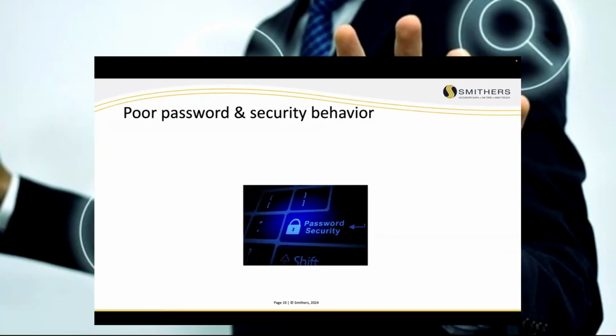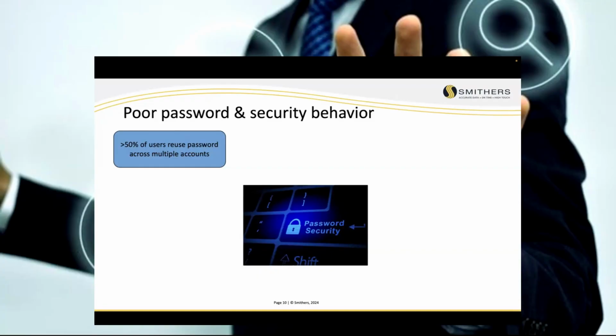The other area where poor passwords and security behavior come into play on mobile devices, and this is a great one. About 50% of us on the call today have reused a password across multiple accounts. I'm not going to ask for a show of hands, but I see this every time I do a cybersecurity audit. And my own family is guilty of this. What do you use to log into the bank? Oh, I use my email and password 123. What do you use to log into the doctor's office? Email and password 123.